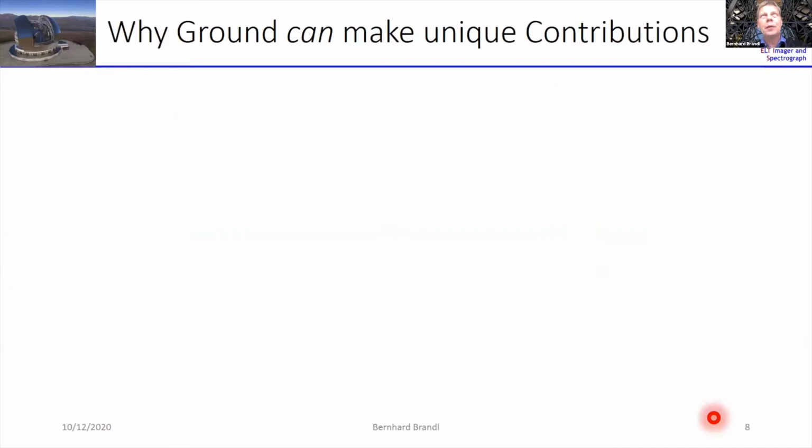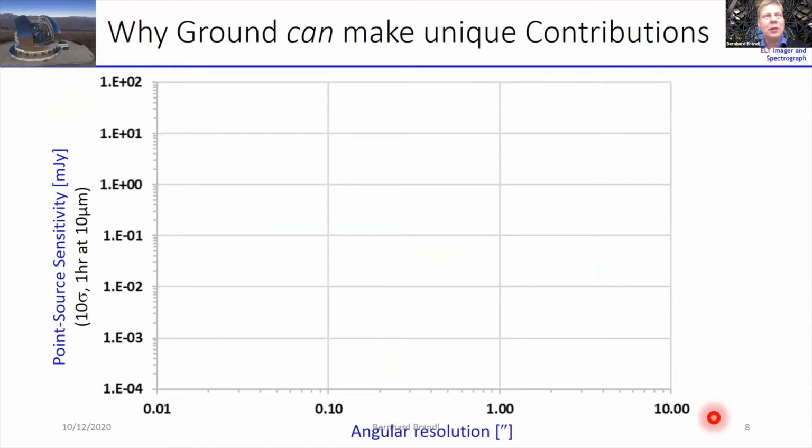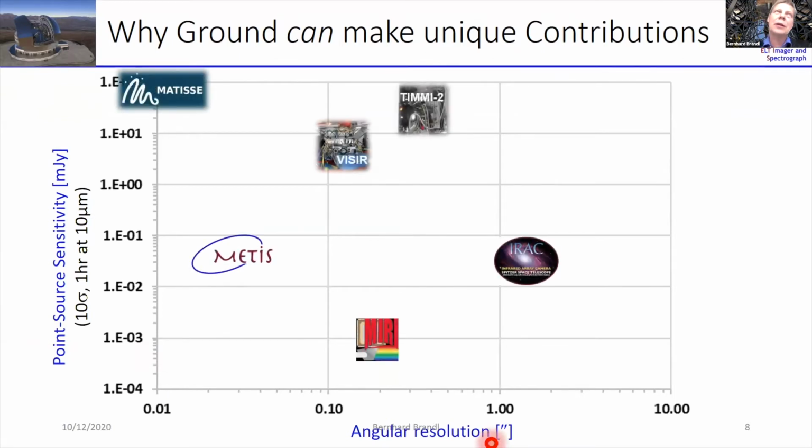Now, of course, where I think we can make very important contributions is for compact sources and point sources. This is essentially the same plot we showed before with the point source sensitivity in millijansky, but now I plotted the angular resolution on the y-axis. I put the instruments there again, and of course, METIS is fantastic as a VLTI instrument for angular resolution, maybe not so for sensitivity. IRAC, the infrared camera on the Spitzer Space Telescope, is very good in terms of sensitivity,